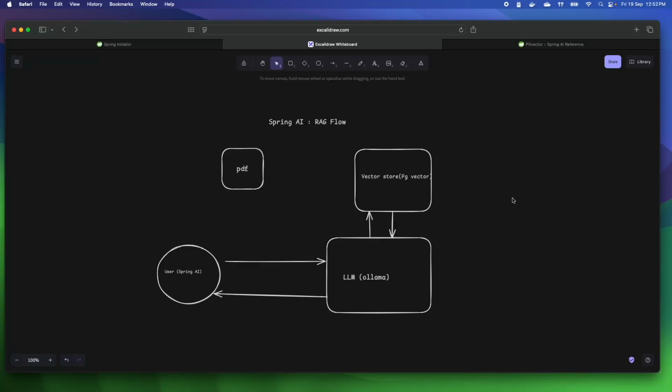Hello everyone, my name is Himanshu Sharma, and in this video, we will see how easy it is to set up RAG flow in Spring AI. So the Spring team did a very great job in simplifying the AI interactions for Spring users, and we will see that in this video. So in this, we are going to upload a PDF, which is a Spring Framework PDF